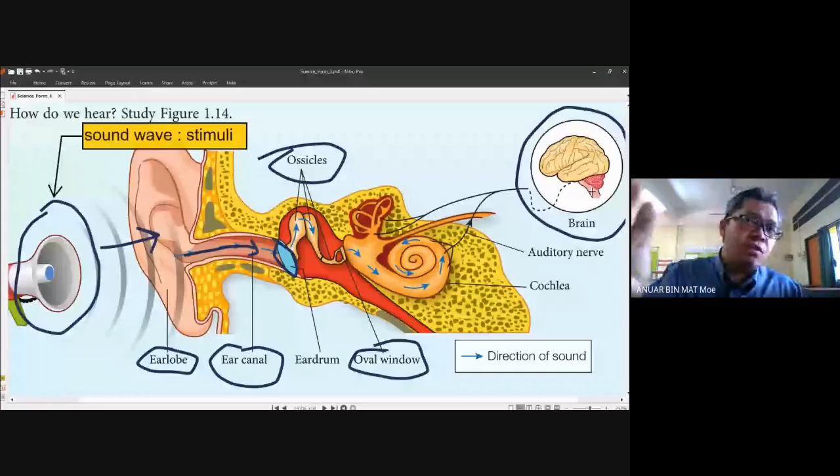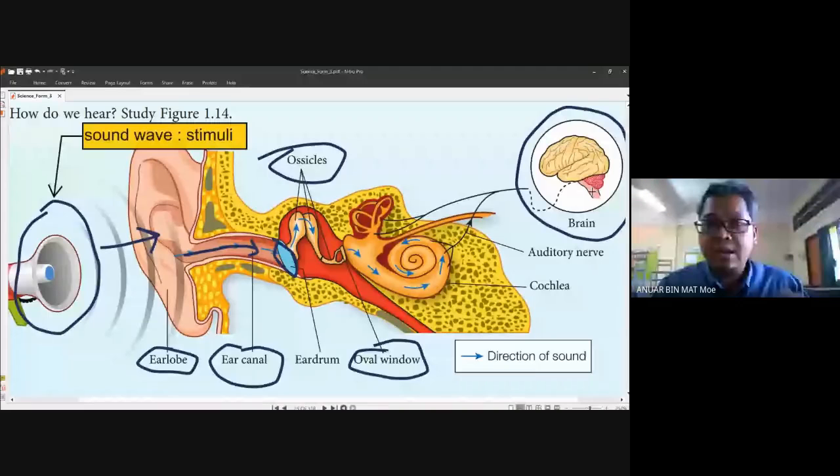And then depending on the sound wave, what is your action? For example, if your mother calls you to come here, the voice of your mother is received by your ears and then processed by the brain, and then the brain already knows, oh, my mother is calling me. Then what is your response? Your response is you go to your mother. That is the very brief explanation about how we hear. Okay, it is all about the brain.